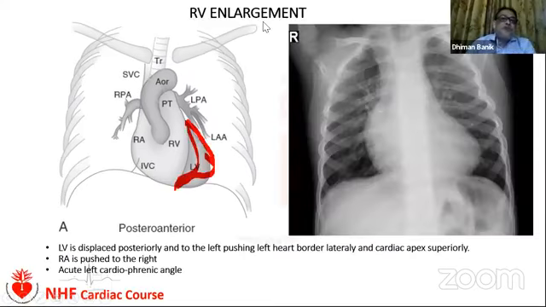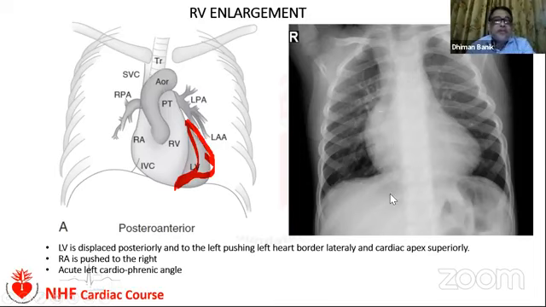The features of right ventricular enlargement: when the right ventricle is enlarged, LV is displaced posteriorly and to the left, pushing the left border laterally, and the cardiac apex is shifted superiorly. So the left cardiophrenic angle is acute. Right ventricular enlargement produces an acute cardiophrenic angle, and